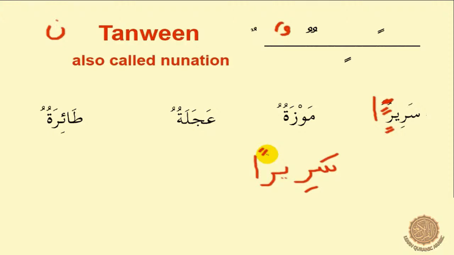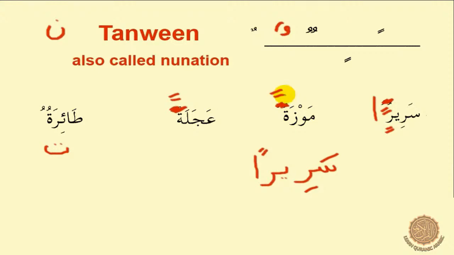There's an exception. For example, the ta marbuta. See these three words, they all end in a ta marbuta, the closed ta. So this is a ta, but it's a closed ta, as opposed to the open ta. When a word ends with ta marbuta, even when it gets two fathas, it doesn't have an alif. So for example, ajalatun, let's write it, it'll be ajalatan. Mawzatun, if we want to make it two fathas, would be